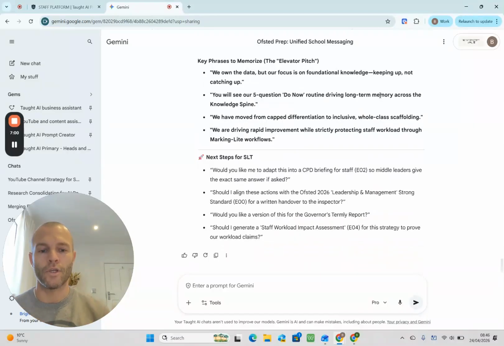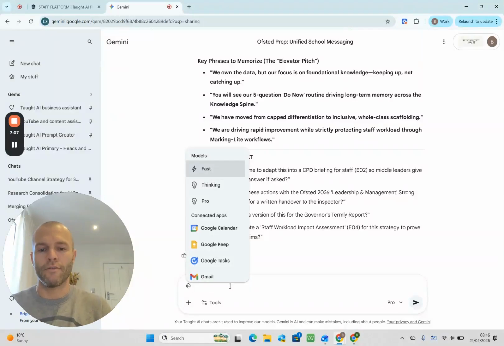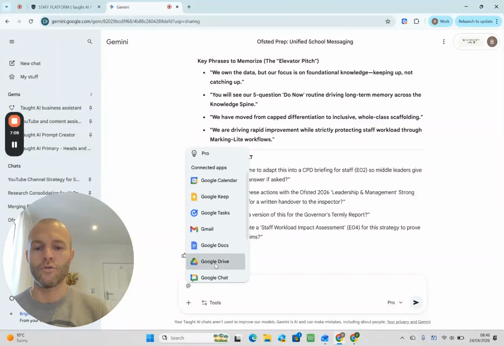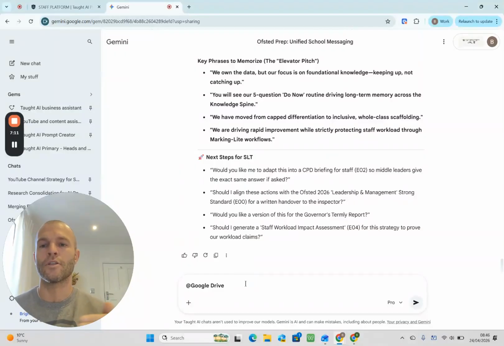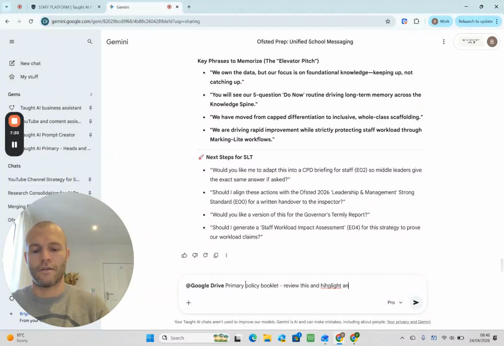Now, the last thing that we can also do here, this is a function not a lot of people are aware of but can use, is you can @drive. So you can hit @Google Drive, and then you can start listing what you want the tool to review. So I could say my primary policy booklet, review this and highlight any gaps.